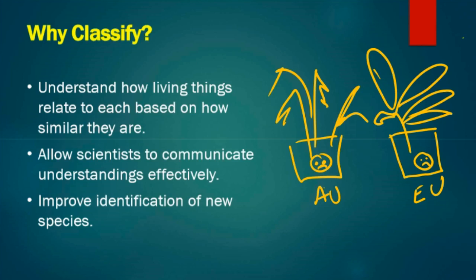Another thing it helps is improvement of identification of species. So when you have the taxonomic classification naming system, that's what taxonomy is, how you name it and how you identify it. If we already have a predetermined set of definitions for what different organisms are and how they fit into categories, then when a new one comes along, it's pretty easy to figure out how to name it, because we just have to find out what category it fits into.